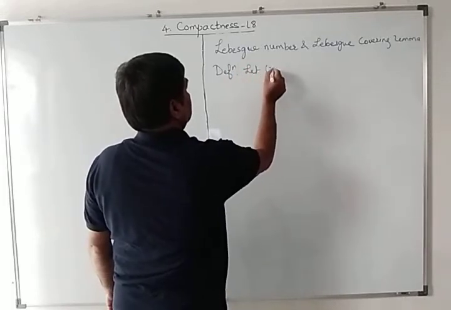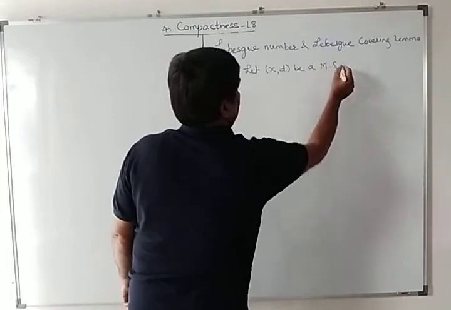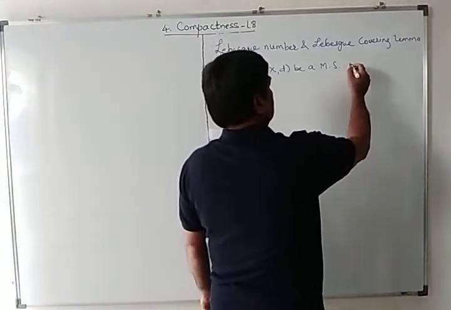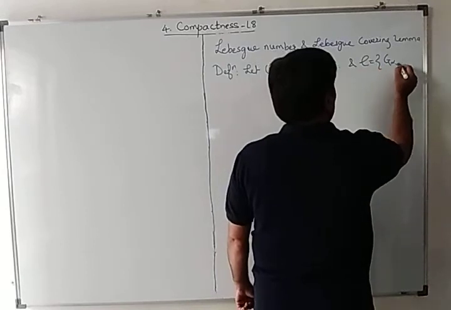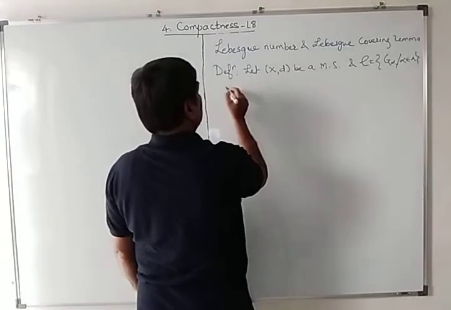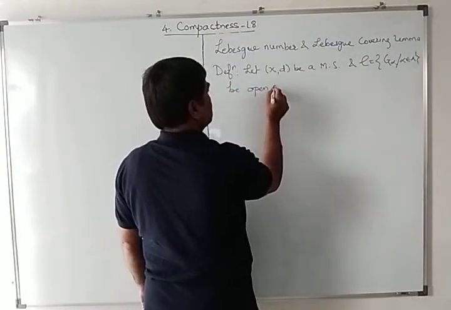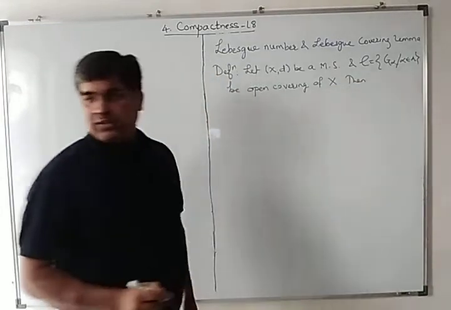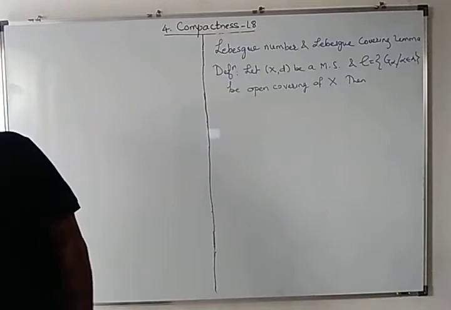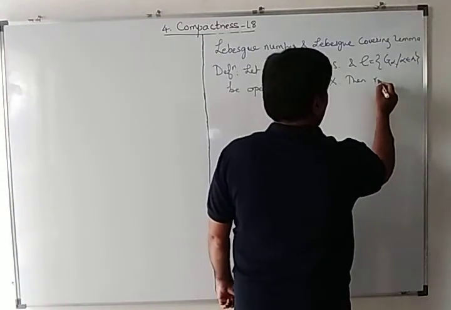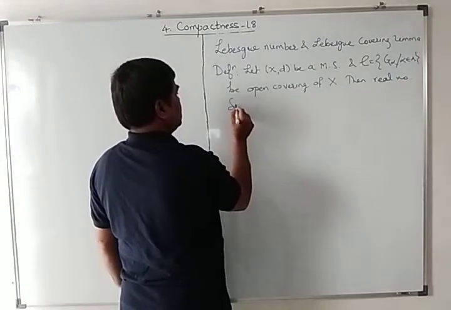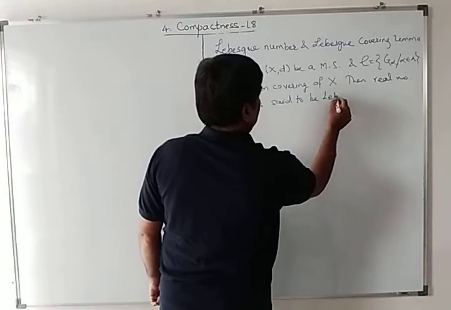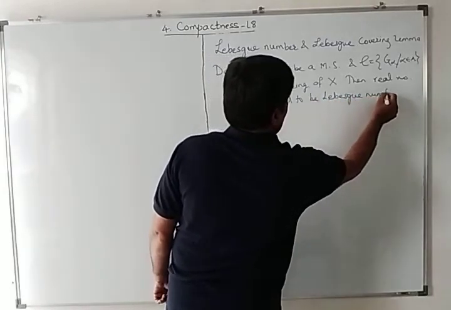Let (X, d) be a metric space, and let C = {G_alpha, alpha belongs to index set} be an open covering of X. Then a real number delta greater than 0 is said to be a Lebesgue number for C